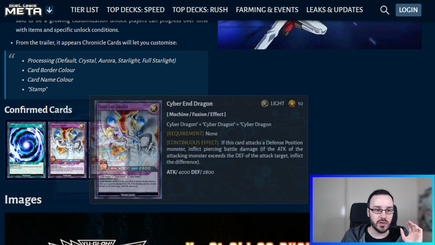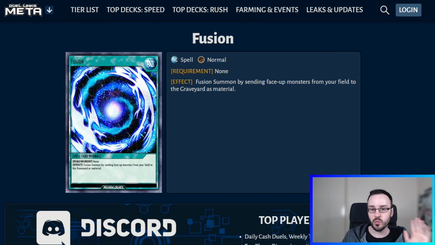But let's start off with these 3 cards. So first up, we have the Fusion spell card. I think we've already spoken about this card at length, so we'll go over it quite quickly. The main difference between this and Polymerization is that we can fuse only using face-up monsters from our side of the field. Polymerization can fuse from hand or field or face down on the field, so Fusion is a little